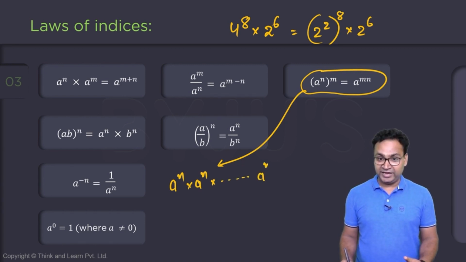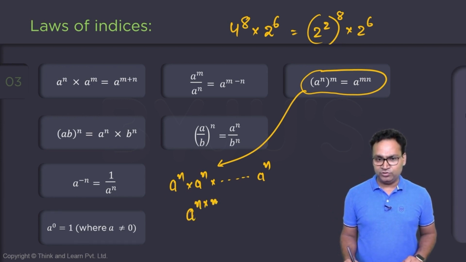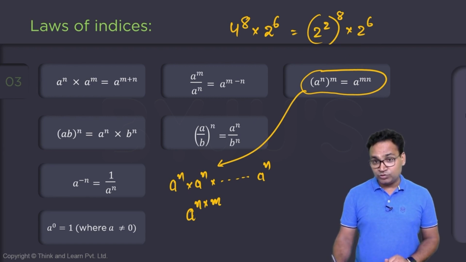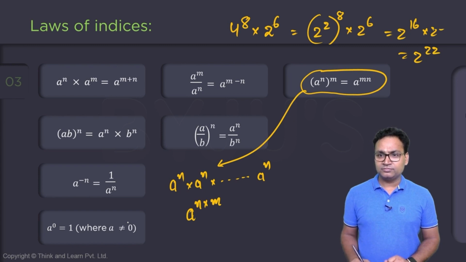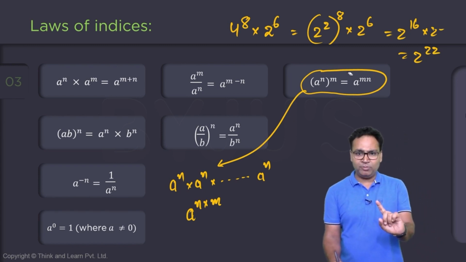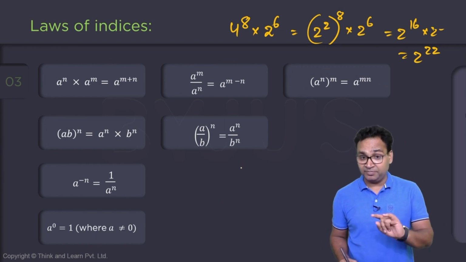A power n multiplied m number of times. So the meaning of this is a power n into... Okay. So now this is 2 power 2 into 8. So what is it? 2 power 16, 2 power 6. So it is 2 power 22. Right? So if you are operating something in the form of indices, you try to make the base same or